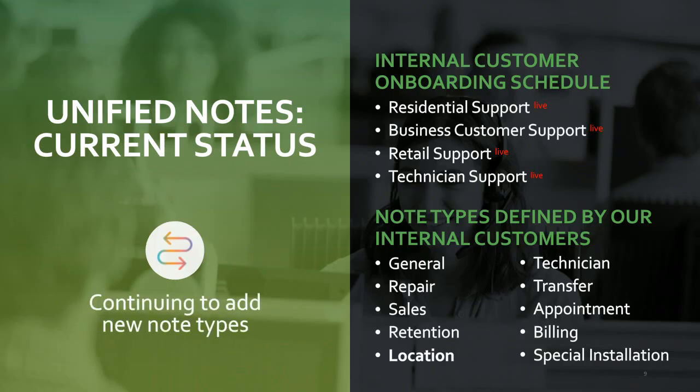So where are we at? We deployed into production in September 2016, and we started with our residential support team. We've been bringing on various lines of Comcast business on board, and we have a few more coming now into our queue. We have a solution that works across residential, business, and retail environments, all a single solution. I'd like to highlight that we've seen several new customer note types requested, and we had to quickly implement those, and we were able to due to Couchbase's flexibility.